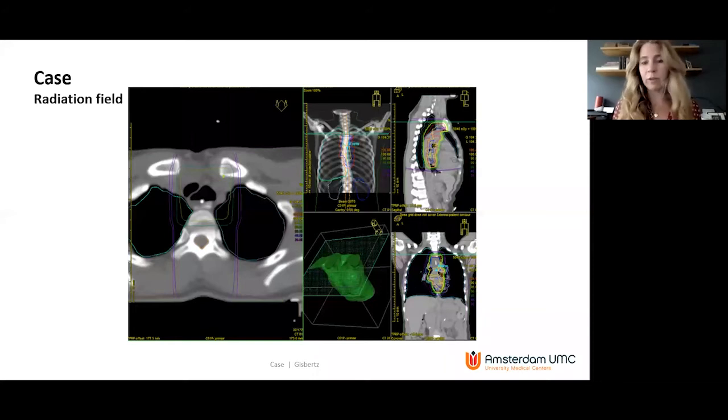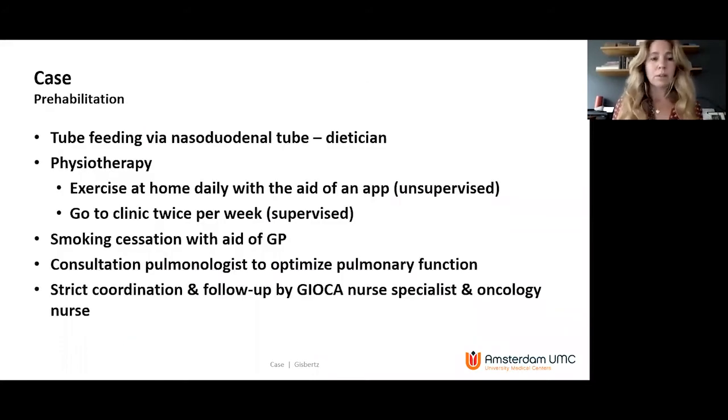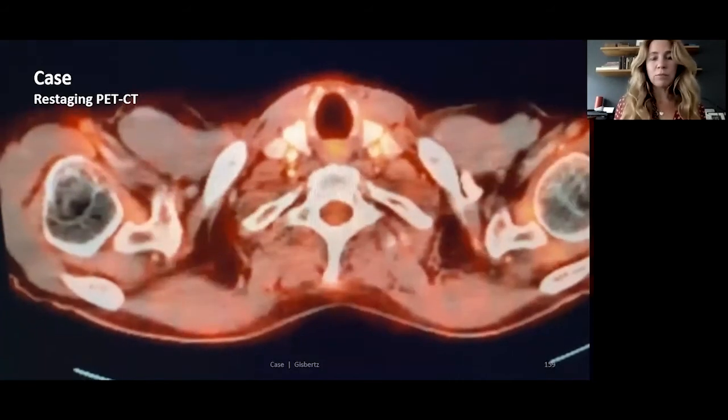This was the radiation field that included both tumors. The prehabilitation was, of course, the feeding under guidance of a dietitian, physiotherapy with exercises at home and in a physiotherapy clinic, and smoking cessation with the aid of the general practitioner. We used to have an outpatient clinic for this, a lifestyle outpatient clinic, but because of the economics, it was stopped, unfortunately. The patient went to the pulmonologist to optimize his pulmonary function, and this all was strictly coordinated and followed up by the GEOCA nurse and specialist and the oncology nurse,